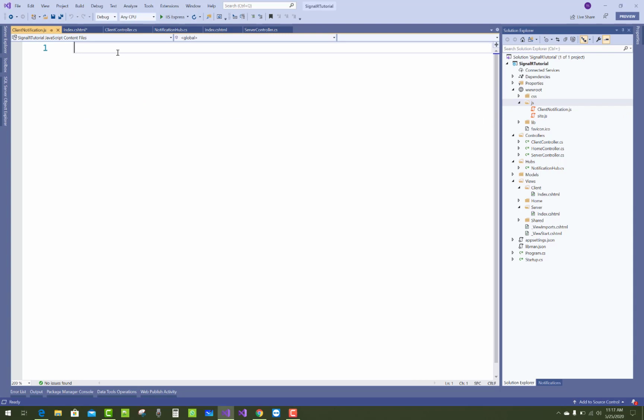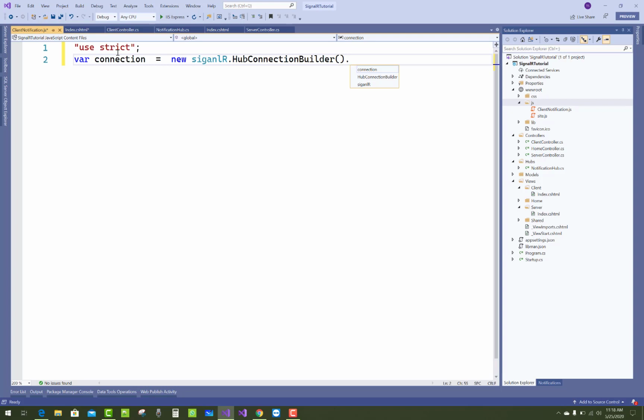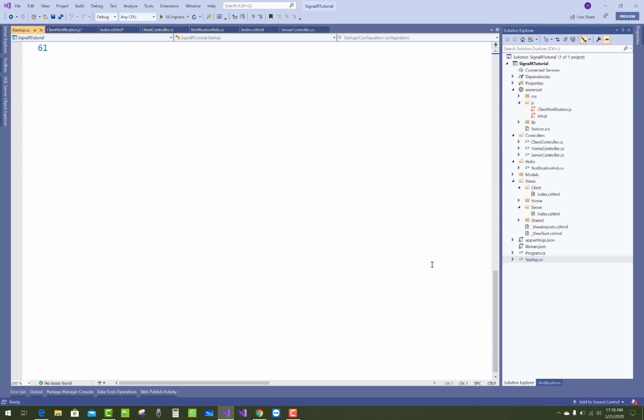Okay, and in which you can create first of all connections and "use strict" in double quotations. var connection equals new signalR.HubConnectionBuilder, in which you can pass .withUrl, and the URL name is here, that name is in the startup.cs file.